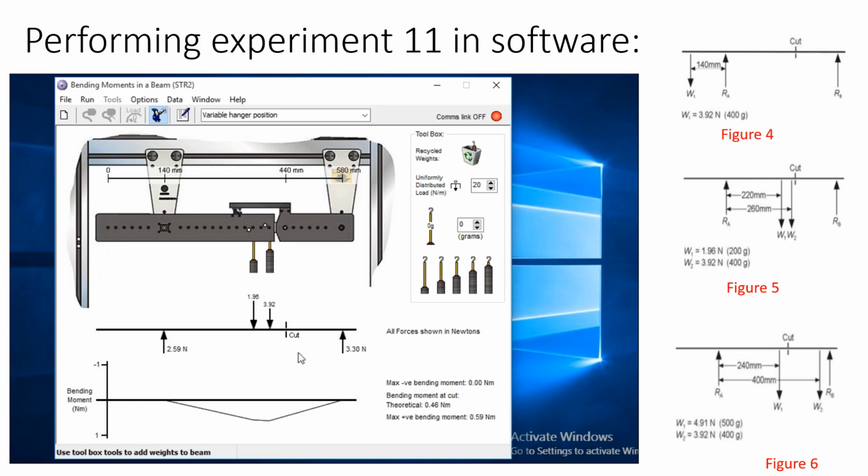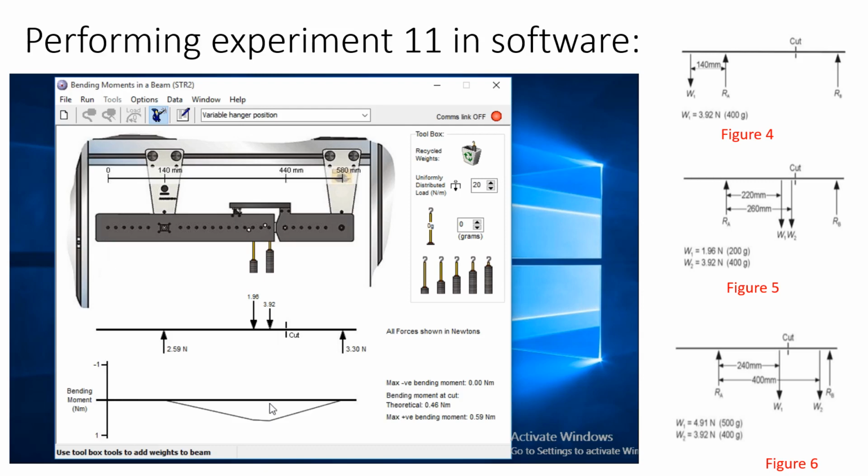So see here, the value of the bending moment is 0.46 Newton meter, and this sign is positive. It means sagging is generated in the beam. So you will calculate theoretically all these values again and counter verify.